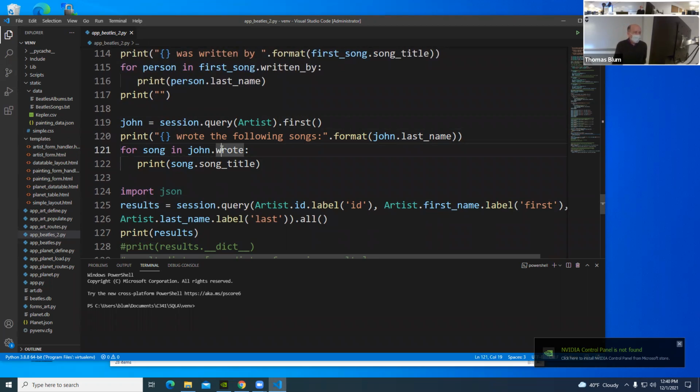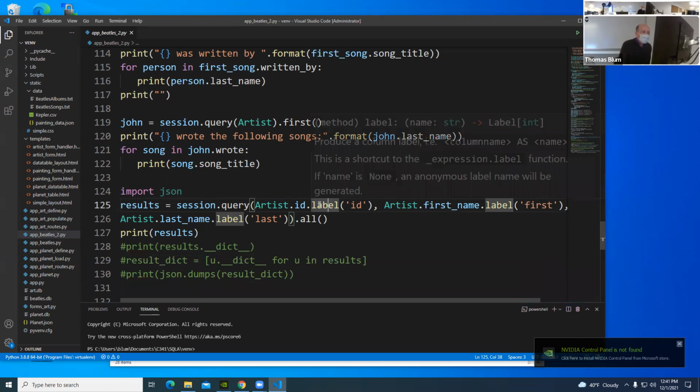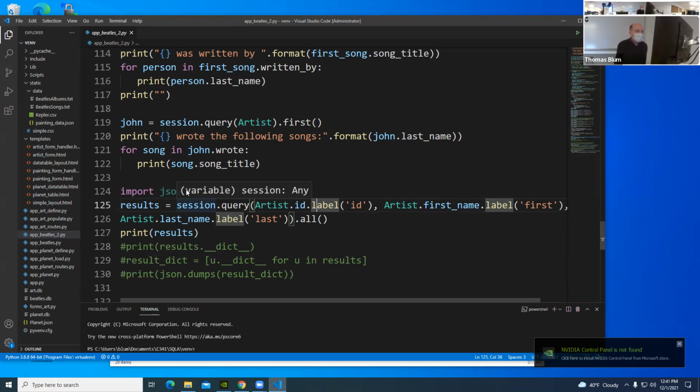Now I want to show you more explicitly the join. This is me explicitly, instead of doing a sort of a select all, saying what fields I want. So I said I wanted the artist, and I'm going to get the ID, and I'm going to label it as ID.